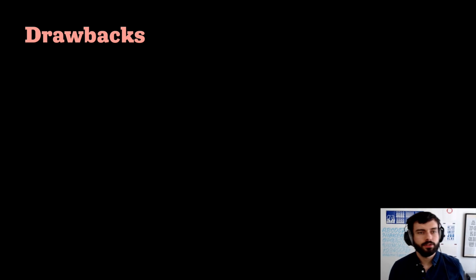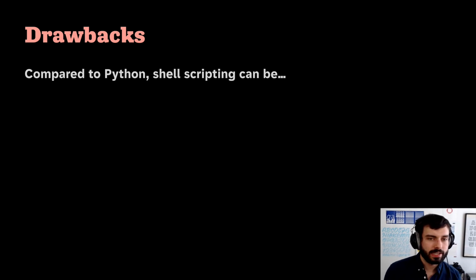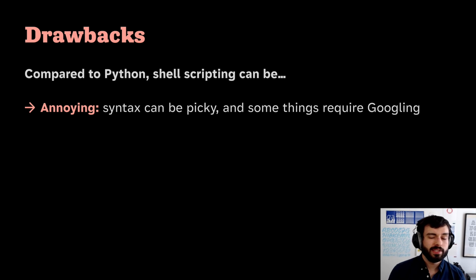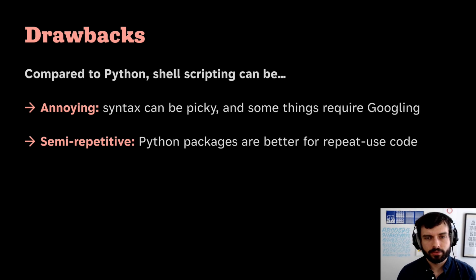there are a few drawbacks to shell scripting, and you might have gotten a sense for that as we were going through it. But the syntax can sometimes be pretty picky, and some things require trial and error or Googling. That's the case in basically any coding that you're doing, but in shell scripts, there are a few specific difficulties. Like I think there's a difference between single and double quotes and how they act, which isn't really a difference in most languages. It's semi-repetitive, so you could see maybe that I was splitting up my variable for my static build, and that's the convenient way to do it there, but there is some repetition in code,